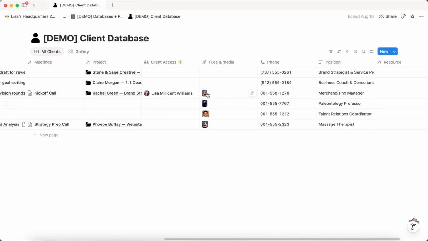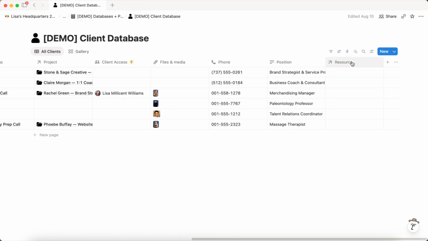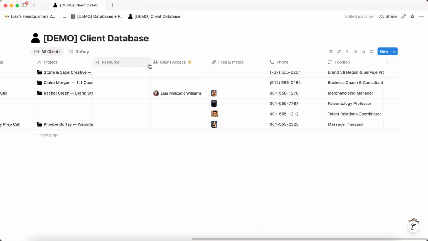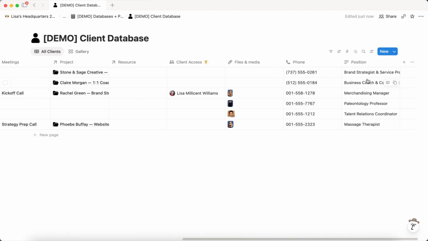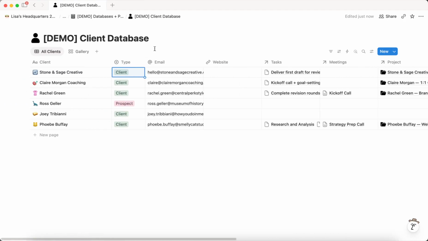And then I have, if you want to put a picture of your client here or representing your client, and then the phone and position, the resource is a relational property as well. So the position is optional to the very least. You want to have a client database that has the client's name, of course, the actual client, maybe the type, but email and